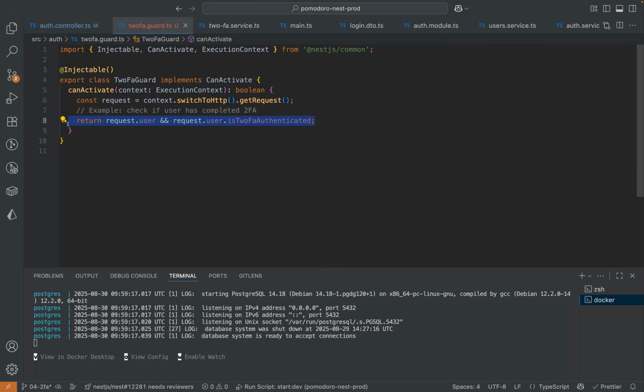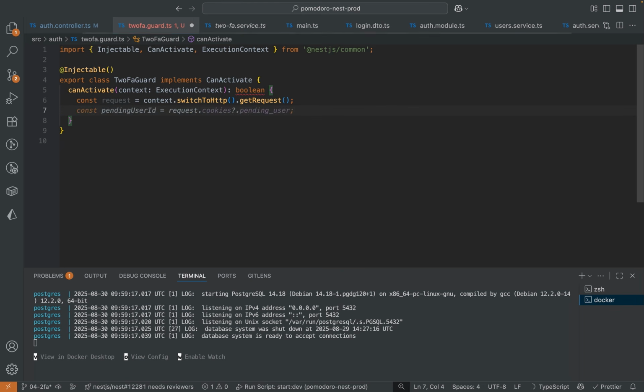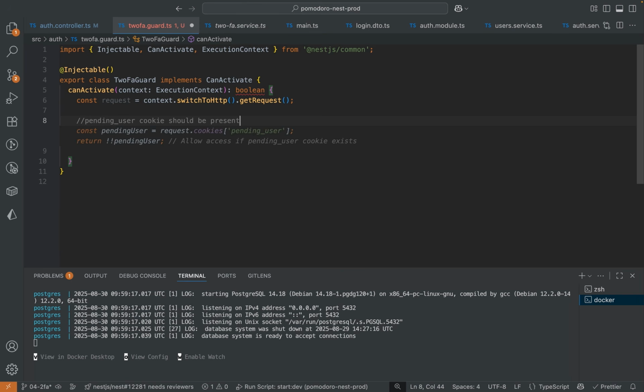Here we need to write a couple of checks. First we need to get the pending user. The pending user cookie should be present. If not, we should return the error. Actually, we don't need to return any. We should get the pending user. If there is a pending user,